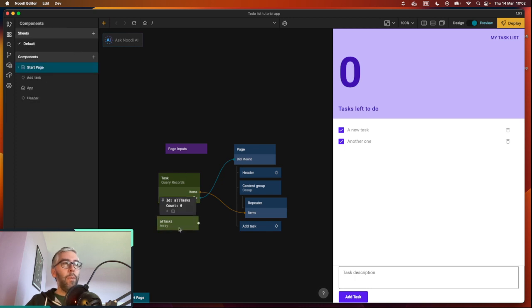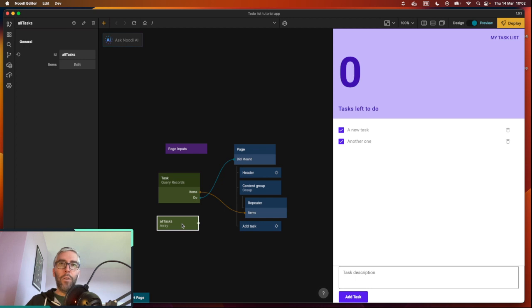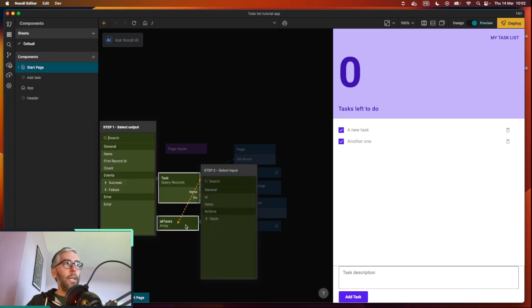But a variable we can call from anywhere inside our Noodle app, and because it's declared as an array no-code node of Noodle, it makes it easier to work with within our node canvas. It's going to provide us with signals like the array has changed, or I can push something into the array and then say that it's changed, and that's way easier to program in this no-code, visual programming fashion. Anyway, take your task query node all tasks connection and connect the items of the query to the